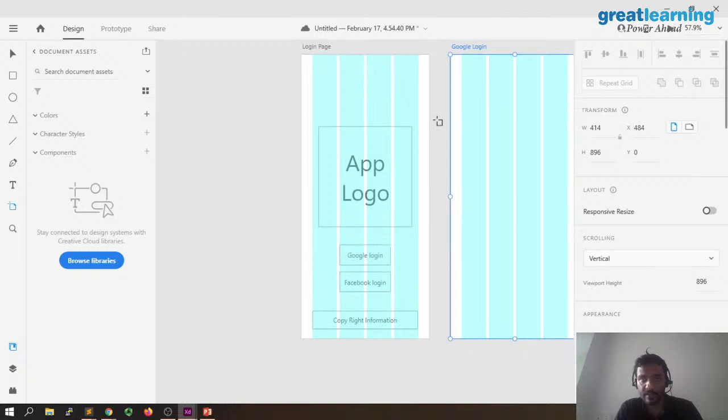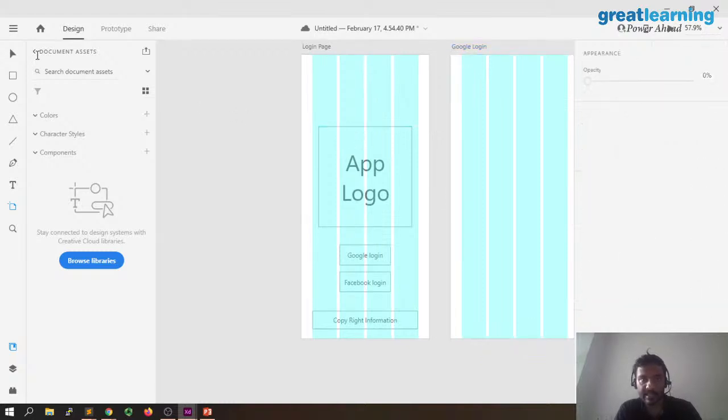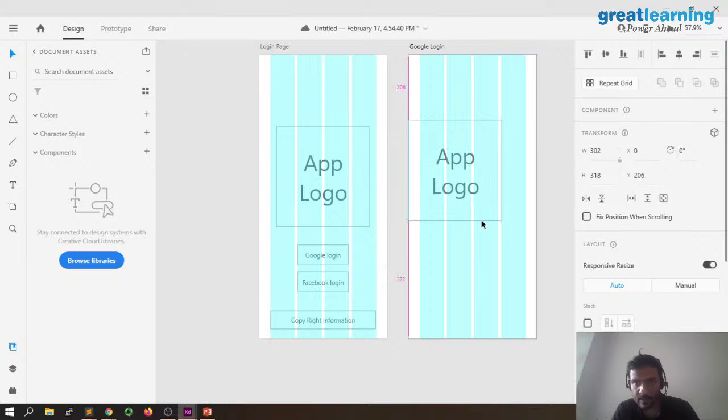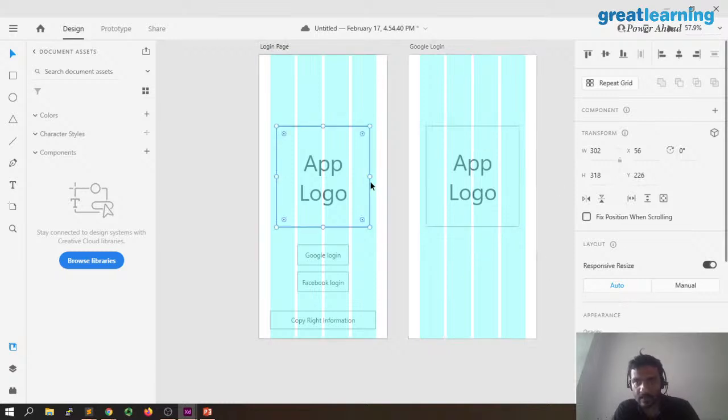Yeah. So what we can do is we can just cancel this out, use the selector and app logo. You can just take this over here. We can press Control G to group it and we can bring it down. Right. If you guys want to make it as accurate as possible, just take the height and the X and Y and put it over here. So those are the coordinates 56, 225, and this will be 226. Okay. Right? So then we just do some boxes where you put in the information.